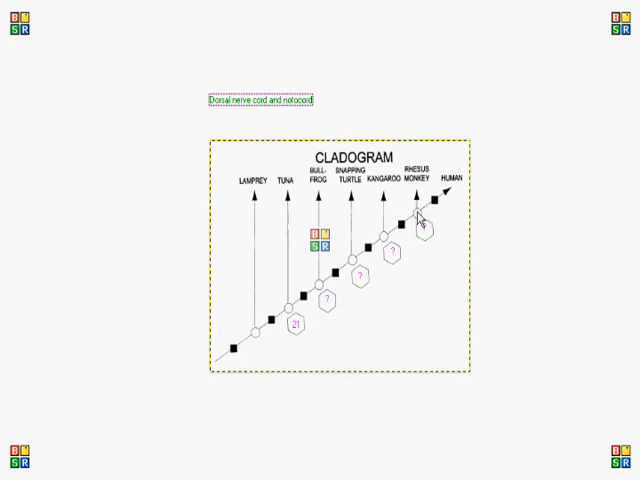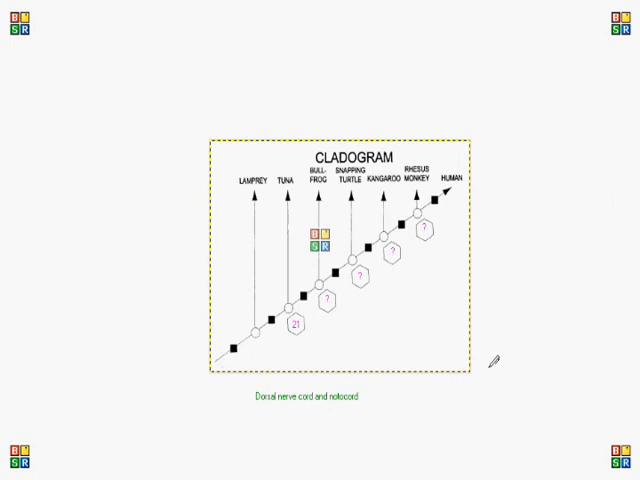By the way, these circles are just a limitation of the drawing program that was made. So when the drawing program went to put a juncture in, it had to have a circle. So all 7. Well, you read a cladogram